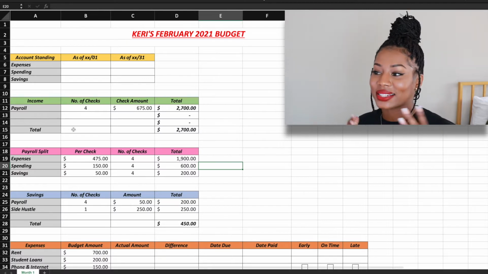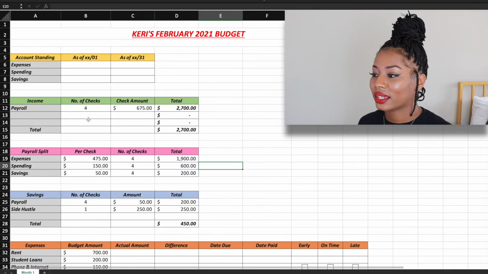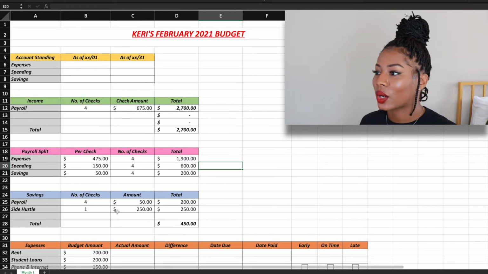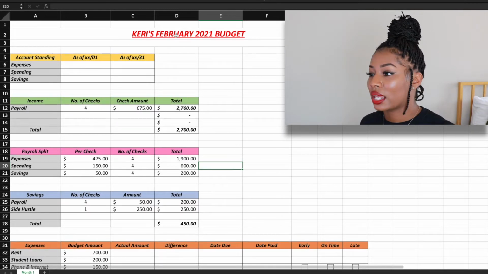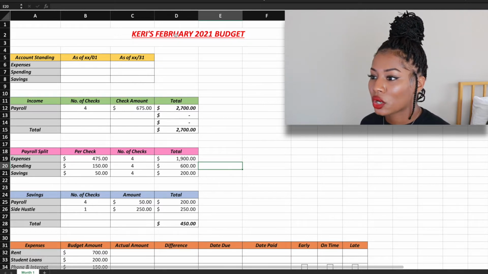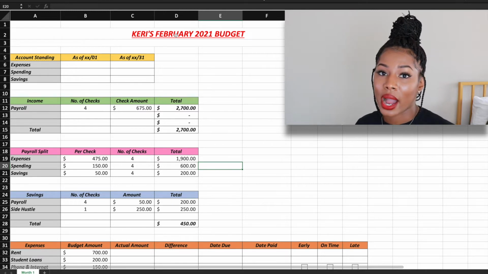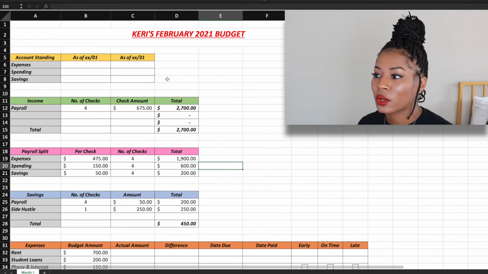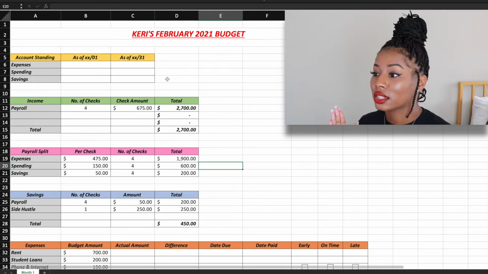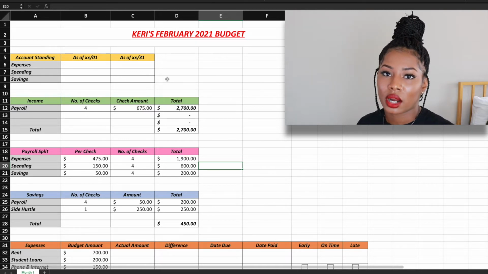Alright you guys, so I definitely went ahead and completed the spreadsheet, but I am going to do a review for you of how I did it. Since I didn't know her account standing, I did not fill out that portion. Then moving on to the second chart, I broke down just how much she receives on a weekly basis. So I divided 2,700 by 4 and it came out to be $675. So her 4 checks for the month are $675 per check, which totals out to be her monthly income,